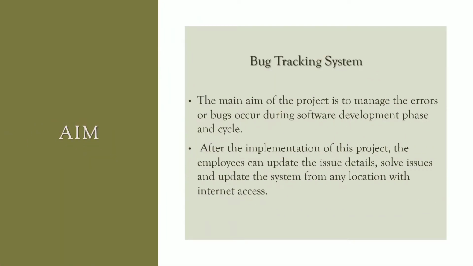Initially, starting with the aim, the main purpose of the bug tracking system is to test the application for bugs and report them to the manager and developer also. In other words, the intention behind the bug tracking system is to track bugs and report them. Store the bug information with a unique ID in the database for future reference. In summary, it is used to manage the errors or bugs that occur during the software phase.